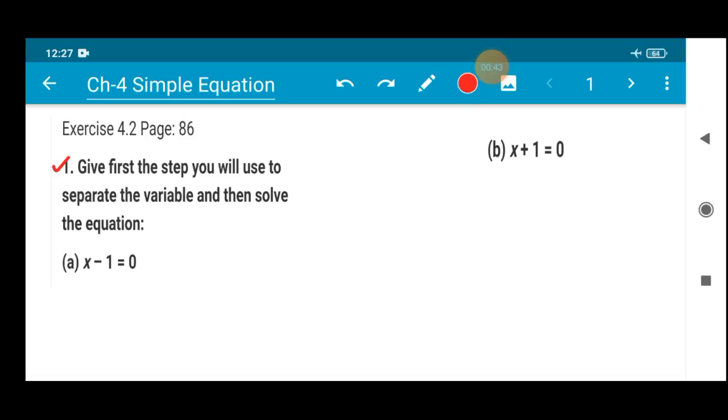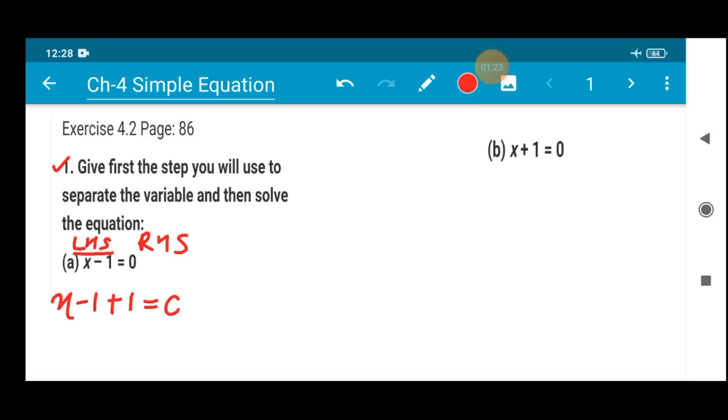All right, so in order to solve this, in every equation you know that we have the LHS, left hand side, and the RHS, right hand side. So whatever I add or subtract on the LHS, I add on the RHS also. Suppose x minus 1 is the LHS part, so I will be adding plus 1. Why? Because there is minus 1, so I'll add plus 1 in order to cancel the value, to neutralize it, or to make 0 there.